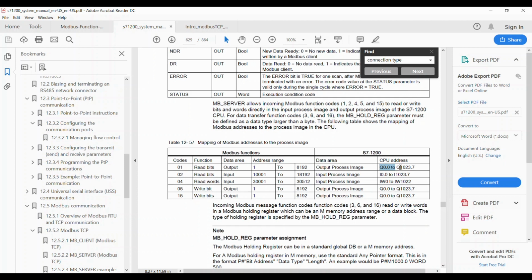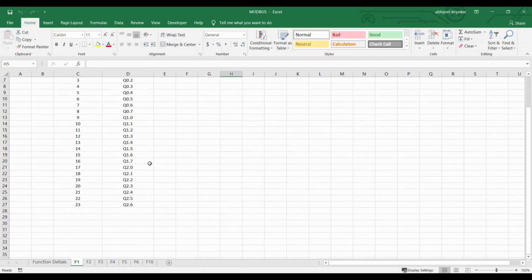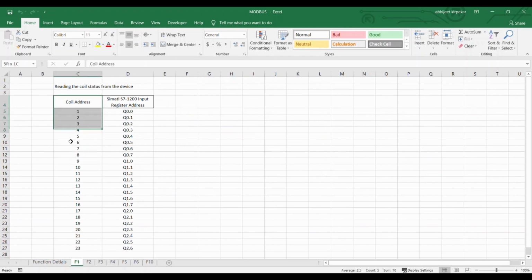Q0.0 up to Q1023.7 are the CPU addresses or the PLC addresses for the Modbus address from 1 to 1000. If we go here, we can see this is the Modbus coil address, and this is corresponding CPU address. Now to read this address,